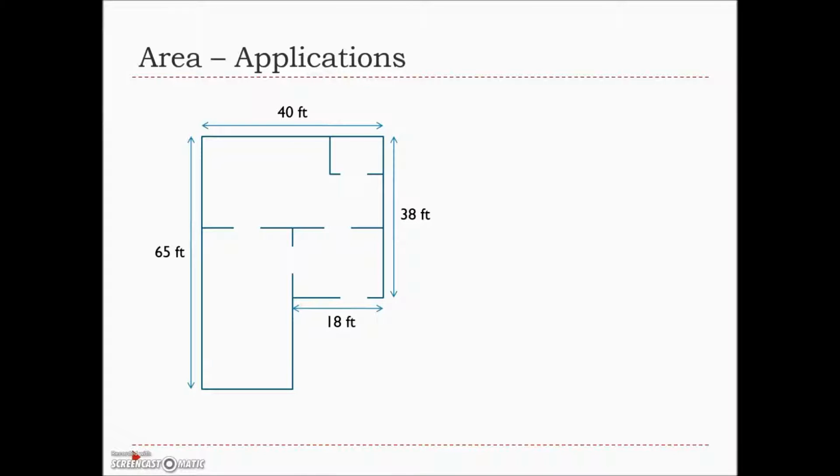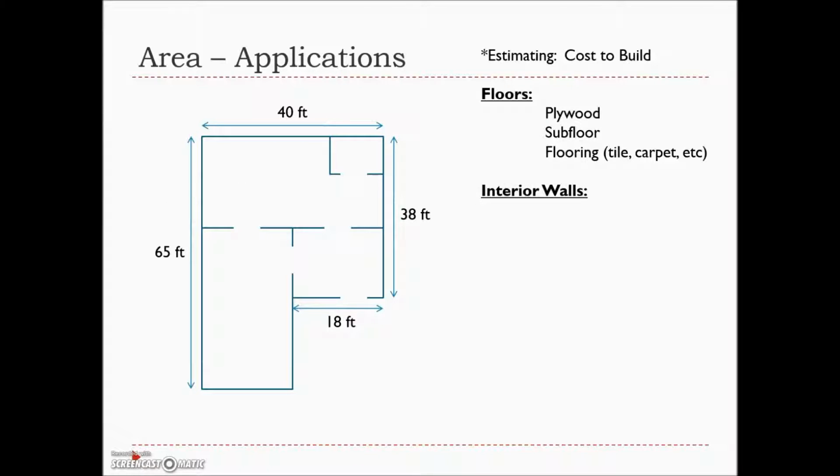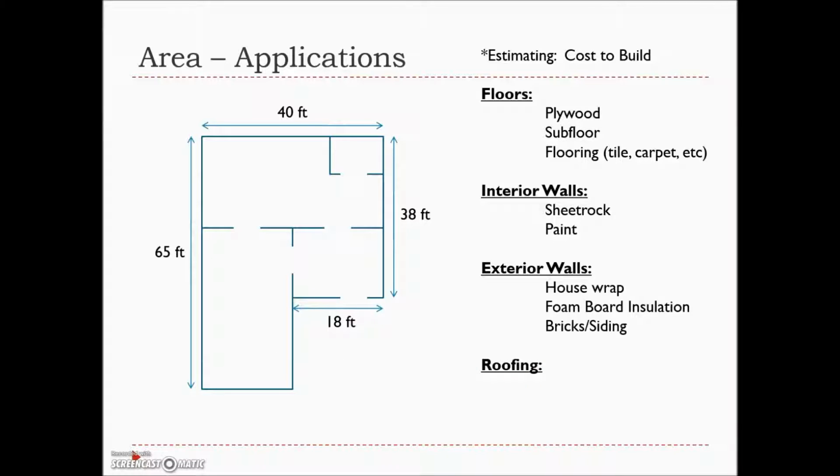Applications for why we need area could be in a building project. To determine the cost to build, we need to know the area of the floors for plywood, subfloor, flooring of some type, interior walls, whether it's sheetrock followed by paint, exterior walls could be the house wrap for weatherproofing, foam board insulation, bricks, siding, and so on, and even the roofing as far as determining the cost to build